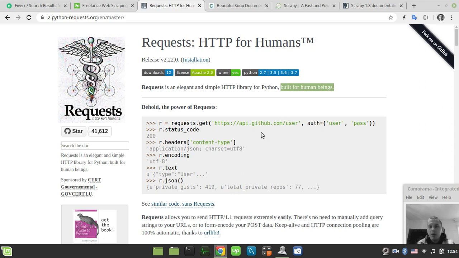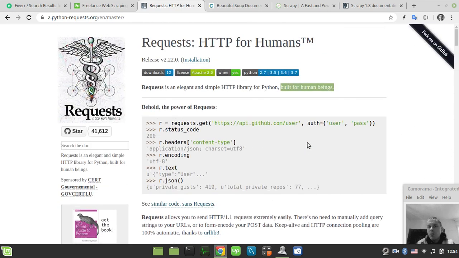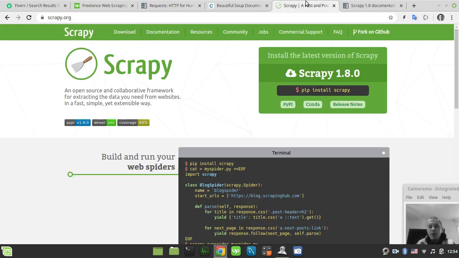It's extremely easy to use, with really nice documentation covering every single possible thing that you would ever want with HTTP requests. You can specify the headers, specify the proxies, create custom proxy rotation and all this stuff. So it's not a high-level framework like Scrapy, while Scrapy is a high-level framework, and we'll cover this a little bit later on.